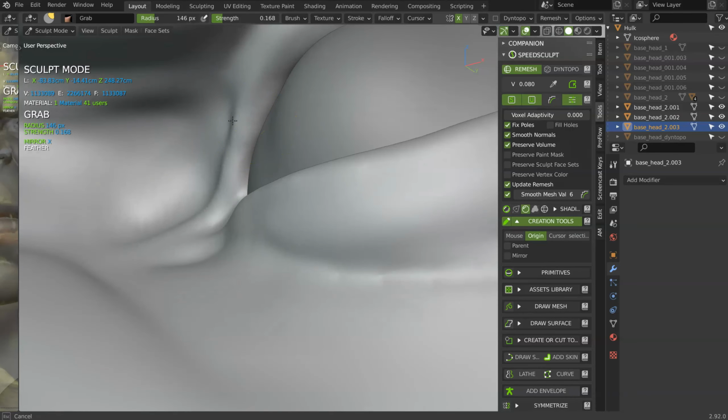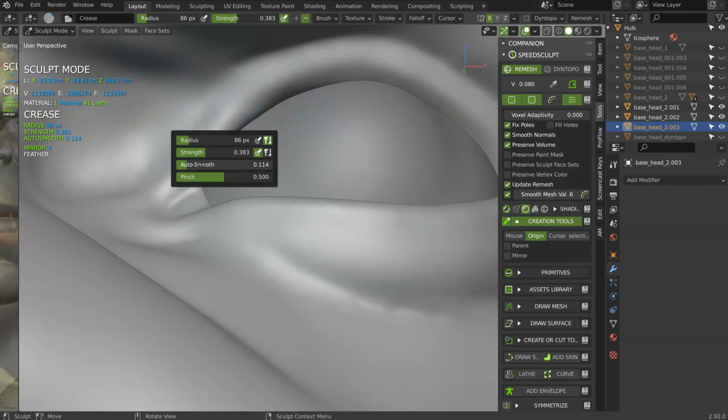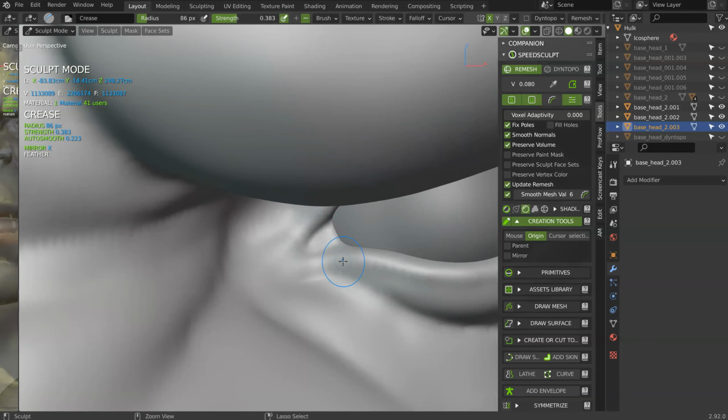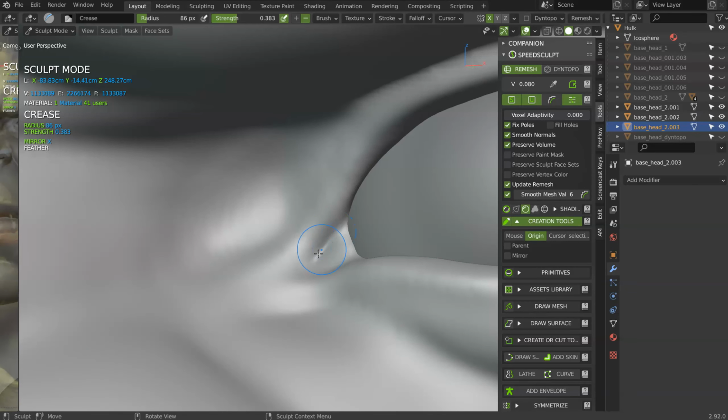If it's not clean, use the grab tool, smooth a little, like that. Use the tool, you can activate the auto smooth on the crease, that will give you something cleaner like that. This is really useful. And if you remove it, you will have something more like that.